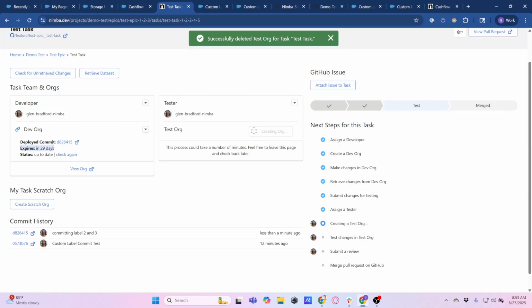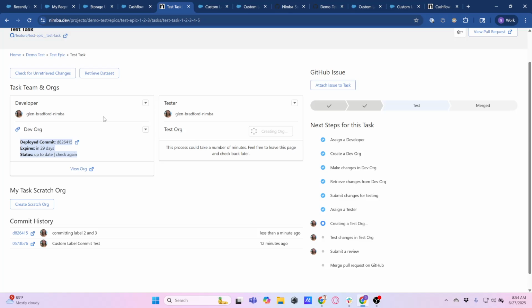Or you can increase the duration of how long your scratch orgs run for. The maximum you can have a scratch org is 30 days. They're designed to self-destruct at some point in time, and they're designed around putting in the least amount of metadata possible to do the development that you need to do, and then when you're done, that's it. But they're quick and easy to spin up depending on the size of the metadata in your branch,